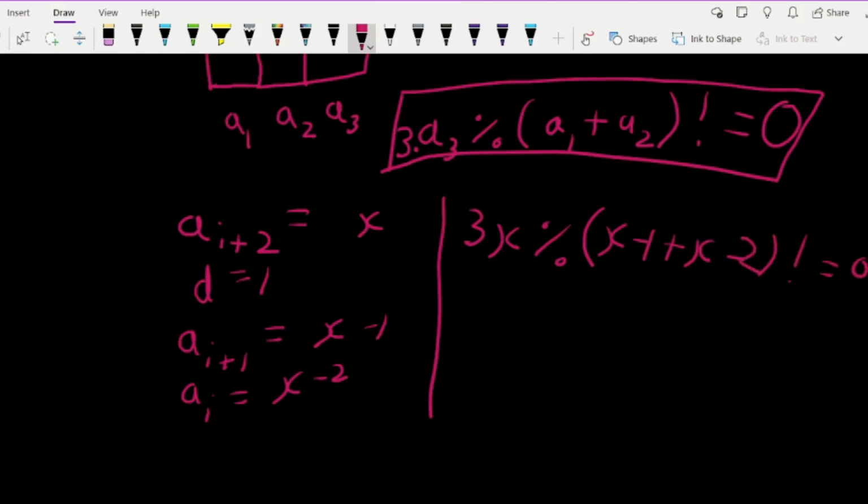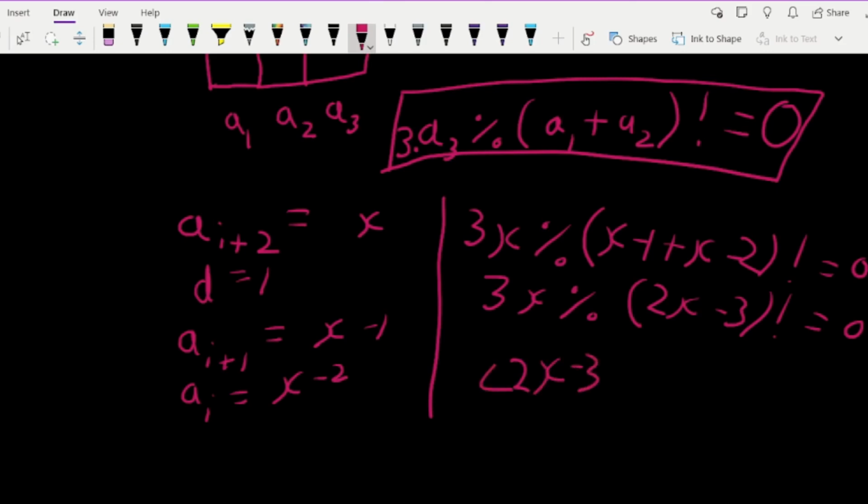Should not be equal to 0, which is 3x modulus (2x minus 3) should not be equal to 0. So for 3x modulus something to not be equal to 0, if this 2x minus 3 will come in the range of 1.5x